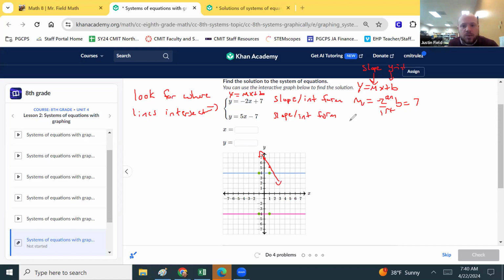And now how about the second one? What is the slope and the intercept? So the slope is 5, and the y-intercept is negative 7. So I'm going to put a point at negative 7, and this time the slope is positive. It's not a fraction, but I can make it into a fraction by putting it over 1. I'm going to go up 5 and right 1. Up 5, 1, 2, 3, 4, 5, and right 1. And then we'll see